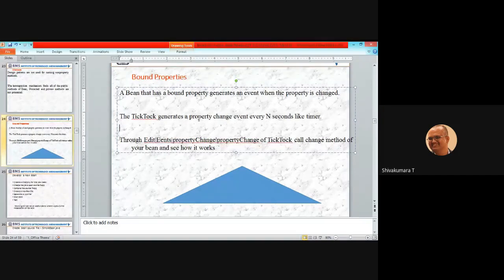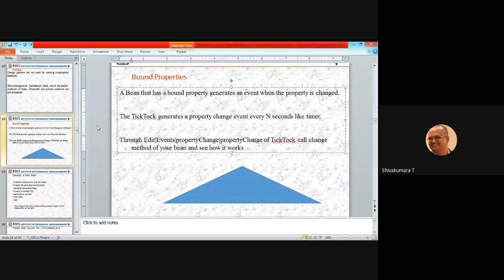So it generates a property change event every n seconds, meaning an automatic event is generated. Go to Edit, Events, propertyChange, and call the change method of your bean and see how it works.